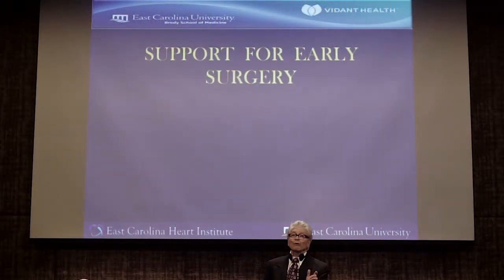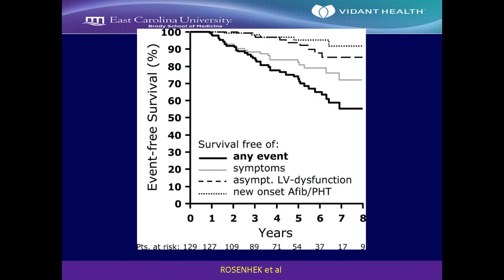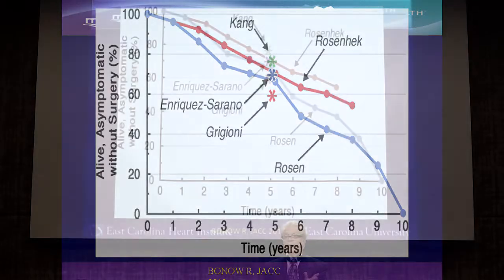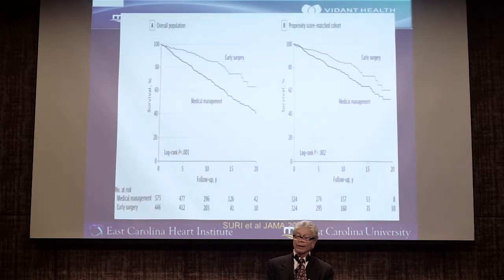But the support for early surgery comes from the same study. You don't get to watch and wait very long. Within a few years, something bad happens to these patients. And when Bob Bono took all the data that were available and tried to compound the natural history of mitral regurgitation, most patients get into trouble within about 5 years after you first discover severe MR. So you can watch and wait. You just can't watch and wait for very long, because these folks get into trouble pretty quickly,